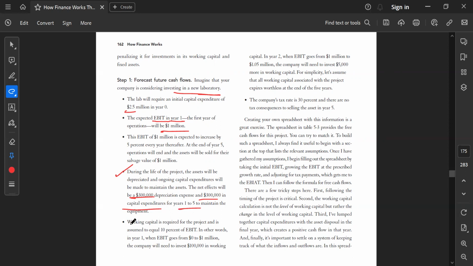उसके बाद कहा है कि वर्किंग कैपिटल इज रिक्वायर्ड फॉर द प्रोजेक्ट एंड इज एज्यूम्ड टू इक्वल 10% ऑफ अर्निंग बिफोर इंटरेस्ट एंड टैक्सेस। मतलब पहले साल में जब ईबिट 0 से $1 million को जाती है, तो कंपनी का वर्किंग कैपिटल दैट विल बी $100,000। ठीक है। इन ईयर टू जब 1 million से 1.05 million को जाती है, तो वर्किंग कैपिटल रिक्वायरमेंट $5,000 से बढ़ जाएगा, एंड सो ऑन एंड सो फोर्थ। उसके बाद कहा है कि कंपनीज टैक्स रेट इज 30% एंड देयर आर नो